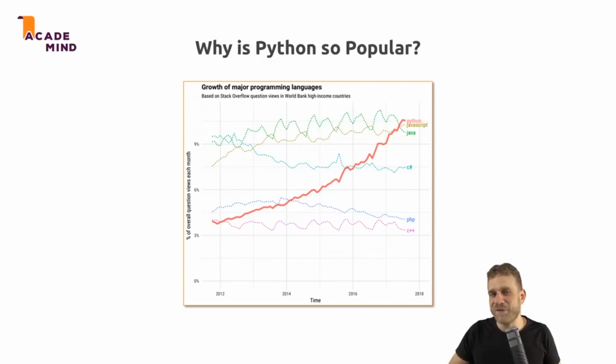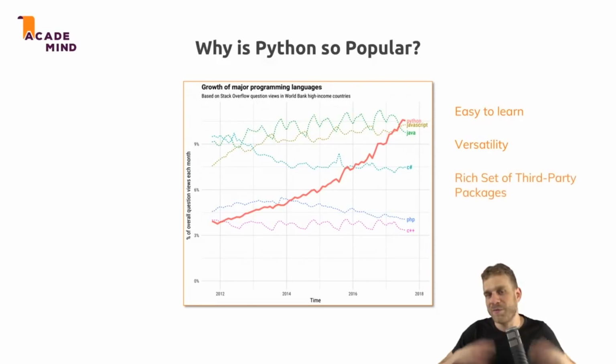If we have a look at this graph, we see Python is extremely popular and is gaining popularity, surpassing many other languages here. And it is, of course, doing that because it's easy to learn, it's very versatile, and it has this cool ecosystem with many third-party packages, and therefore it's highly extensible. So learning Python was always a good idea. Now it's a better idea than ever before. So with that, let's just install Python and write our first simple program with it.